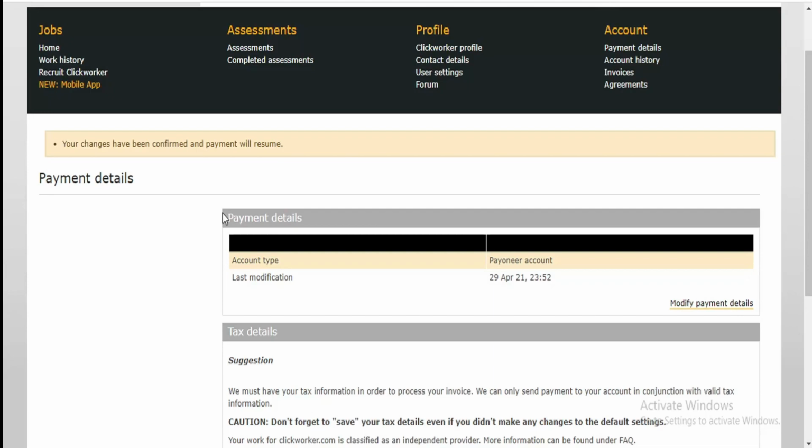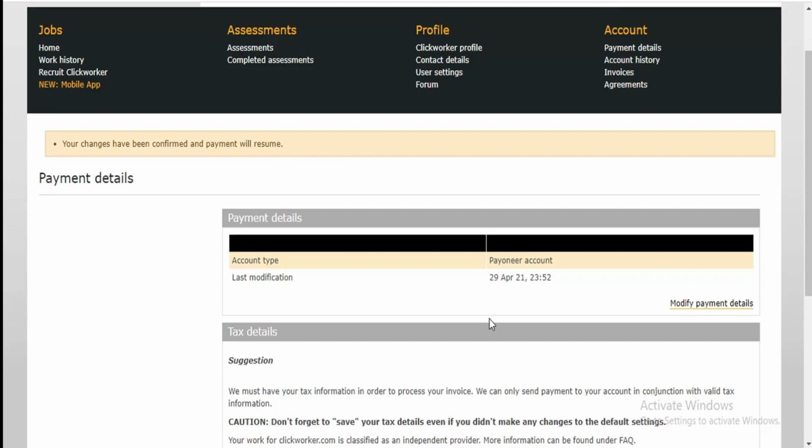So here are a few more things that I would like to say about Payoneer. Clickworker will pay to Payoneer accounts starting from May 12th. So before that, any payments that are there will not be sent to your Payoneer account. All the amounts that are pending till May 12 will be directly paid after May 12. So till May 12 you will not be getting any payment to your Payoneer account once you link it, right? And once it is linked, you will get all the payments after May 12th. After May 12th you will get all the payments till May 12 to your Payoneer account directly, right?